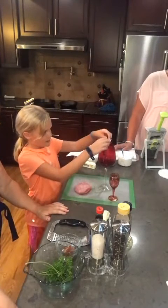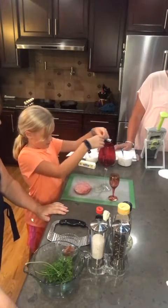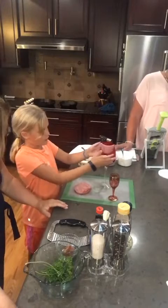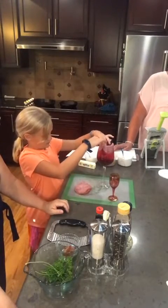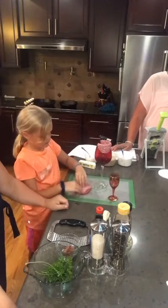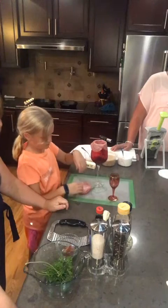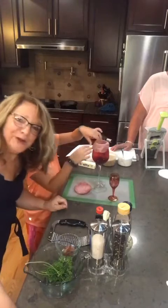All right, so what are we going to do? Put the salami halfway in. Okay, so take your salami and you're just going to fold it over the edge. And about how many go around the first time? 4. So do we want to have them touch each other? Yes. Okay. And so we're just going to go around, and Ella's going to keep doing this. I'm going to have her do the second round with this also, and then she'll keep working on it, and we'll come back to her after